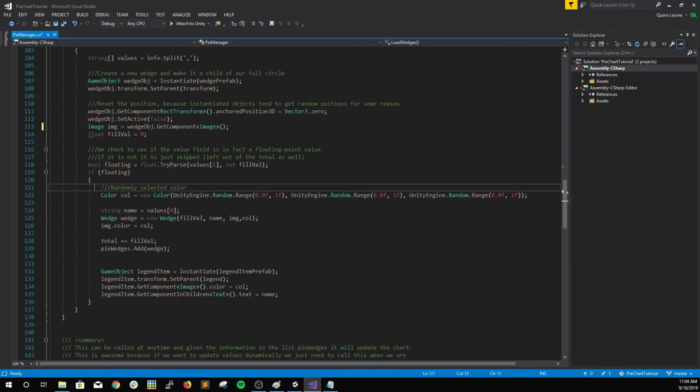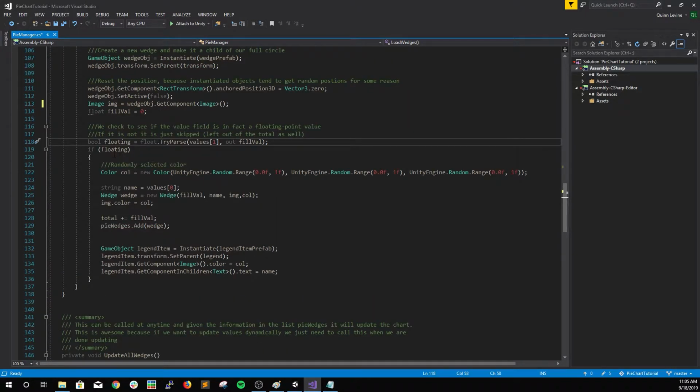And at the same time as we're try parsing, so we're checking to see if it can be a float, we're also storing it in this fill value using out. So out, you just give it a reference, and it'll fill that reference inside the function. So that's what's happening. This function is simultaneously producing a value and also checking to make sure the value is a float. Okay, and then inside this bool check, the floating point value check, we're going to generate